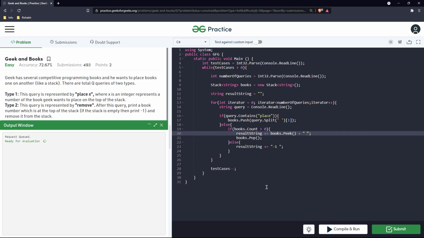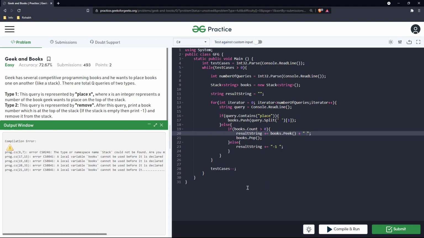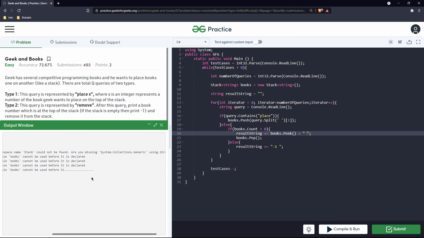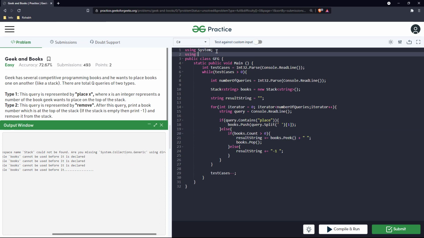Let's compile and see. Okay, as always we forgot to add the using directive in case we are using any collection.